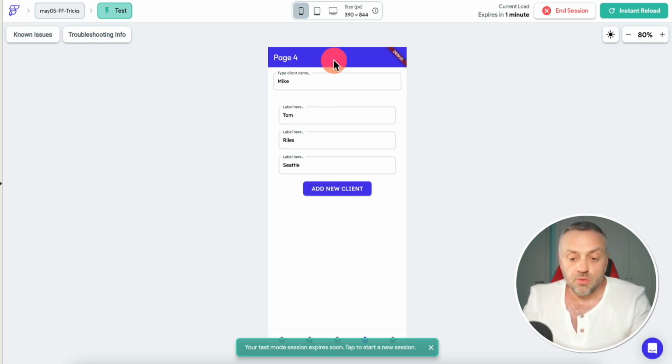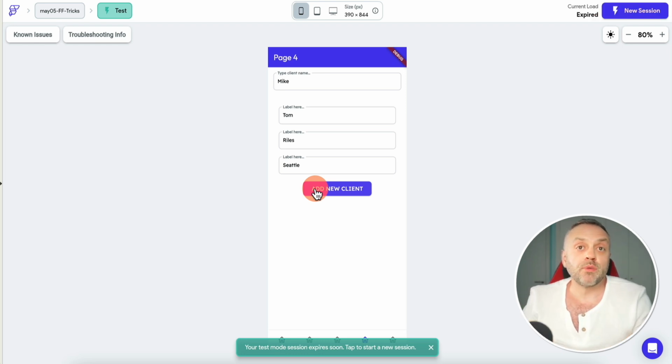And so if you're going to be using this component, it's probably going to be a good idea to reset these fields once the user adds this account to their client list. So a really, really nice flow that I'm 100% certain I'm going to be using in